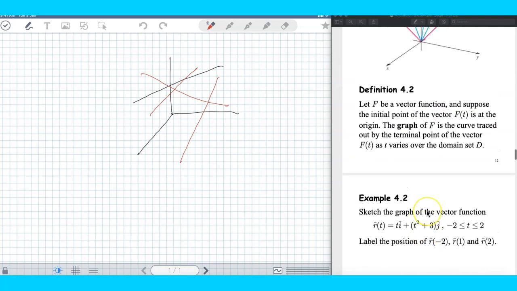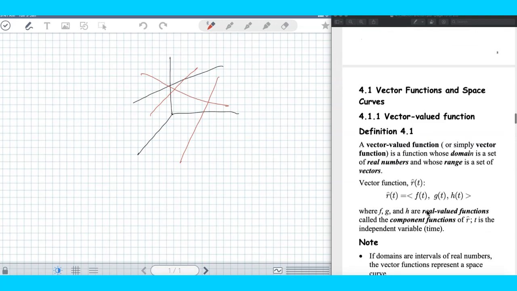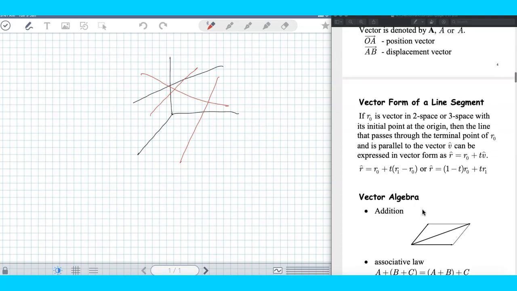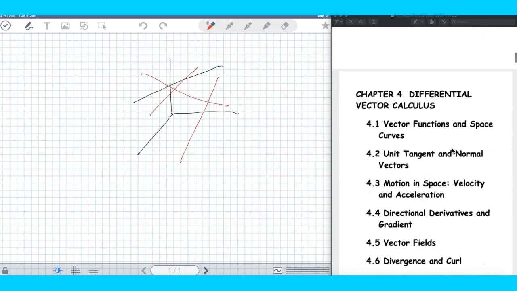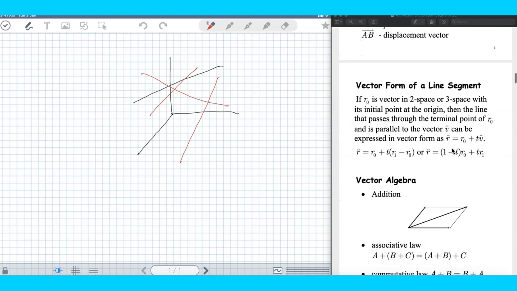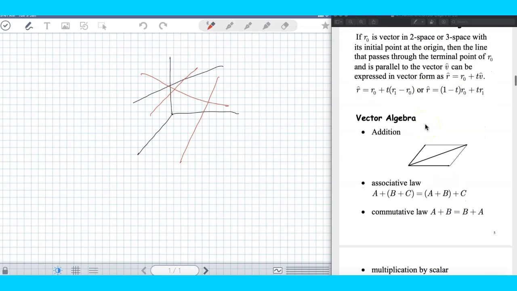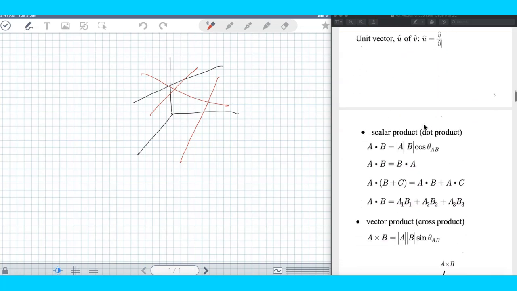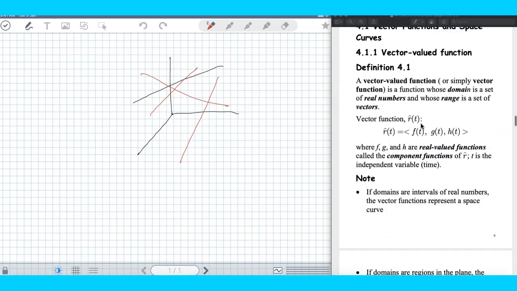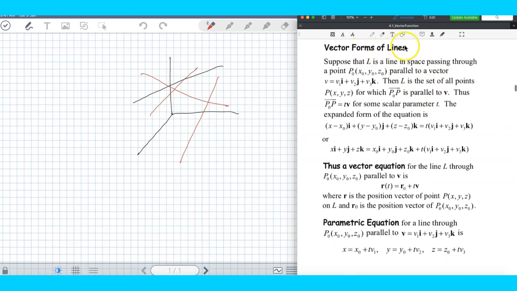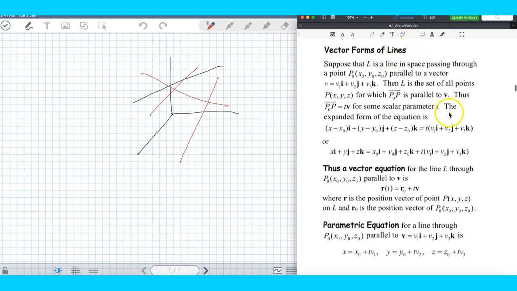Okay, remember last time I mentioned in the previous video the very basic thing to get the vector function of a line segment or a straight line. I think I have already mentioned it before. Okay, a vector form of a line segment or linear equation. To get that, you must have, let me find it first. So in the notes, as you can see here, to get a vector function of a linear equation or lines, you must have